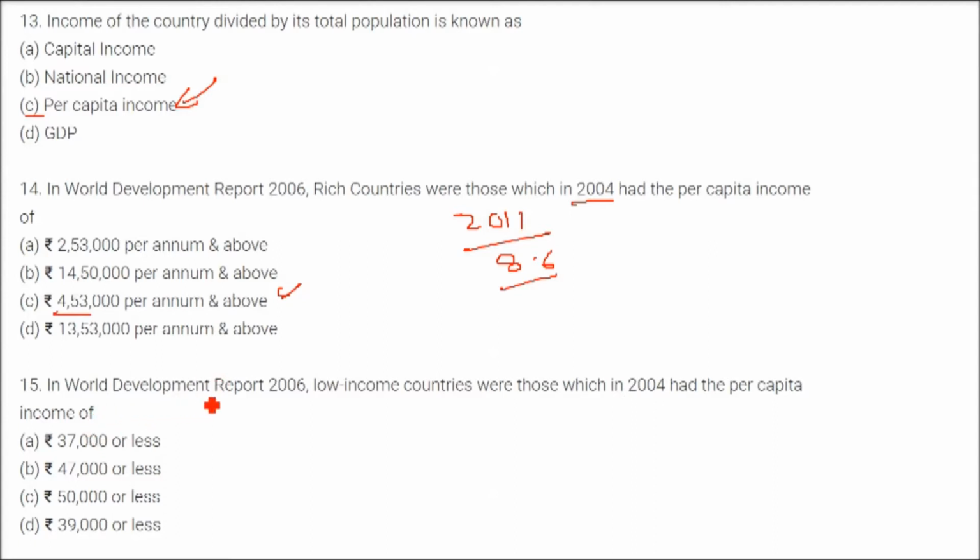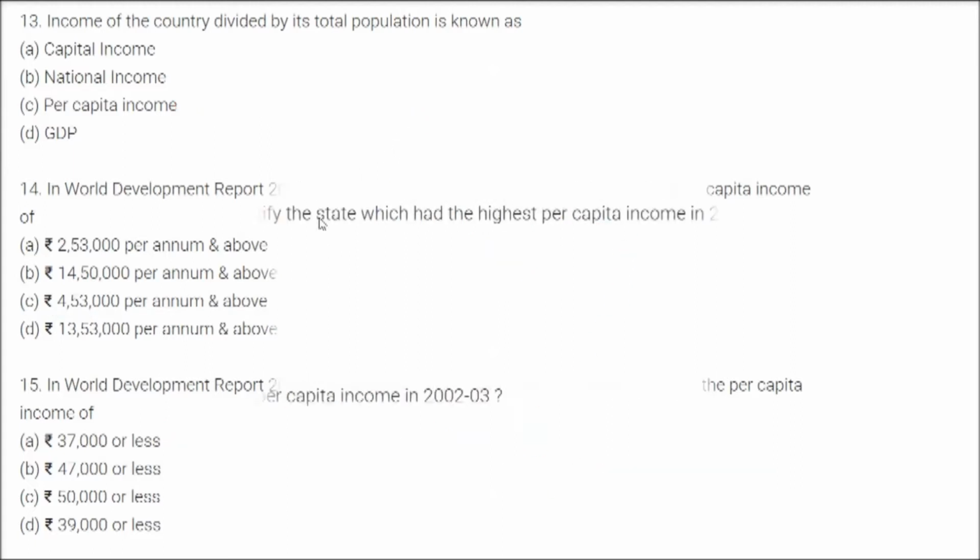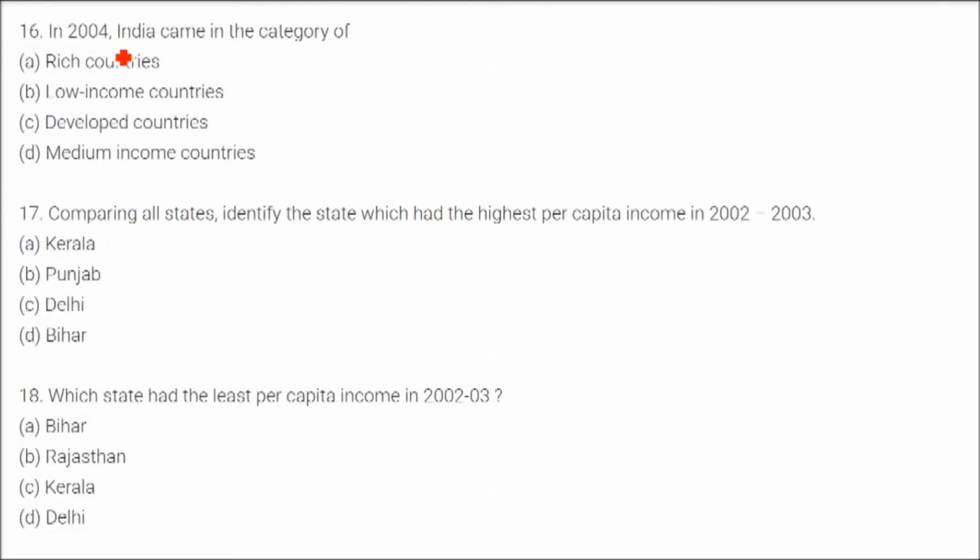Now, in World Development Report 2006, low-income countries were those which in 2004 had a per capita income of 37,000. But in 2011, this amount is 70,000 Indian rupees. In 2004, in which category did India come? Low income category. But in 2011, it is in between rich and poor, because rich is 8.6 lakh per annum per person